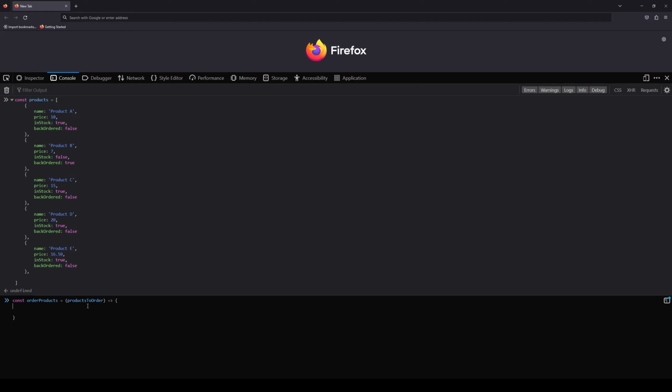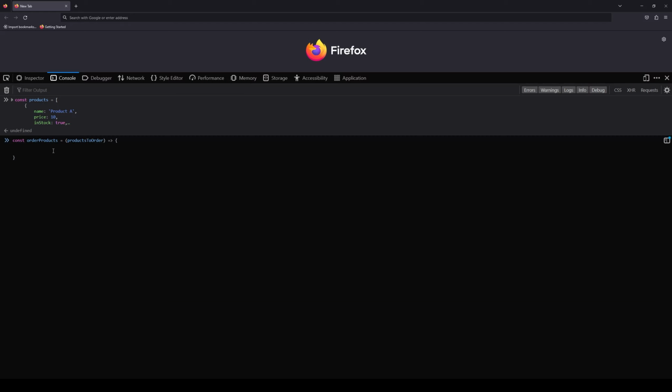Okay, so now we need to make sure that everything is in stock, right? In order to place the order, items should be in stock or back ordered, right? So first we can add in some checks. This is where we can use the for loop. This is a simple way, but there is a better way of doing this that we'll go over later, in the new syntax. We're going to do for let